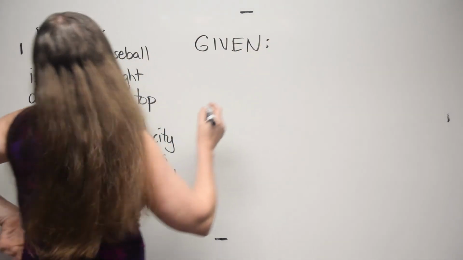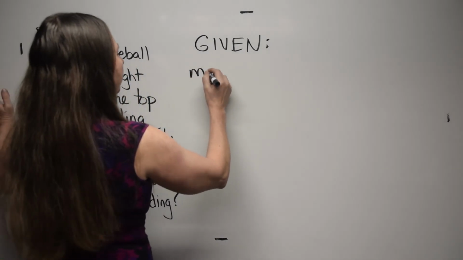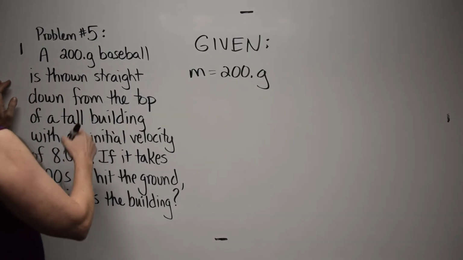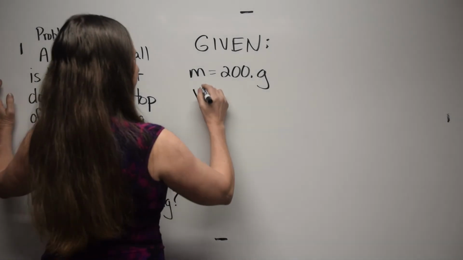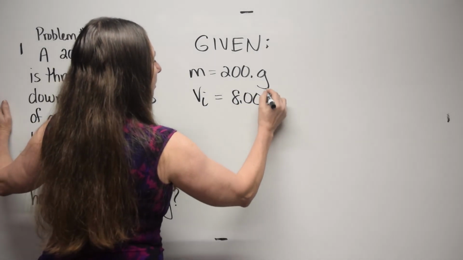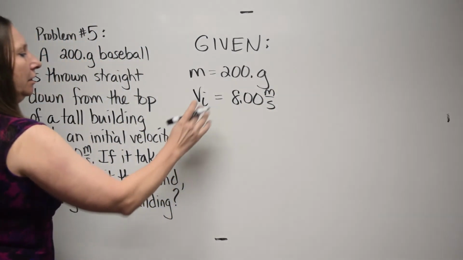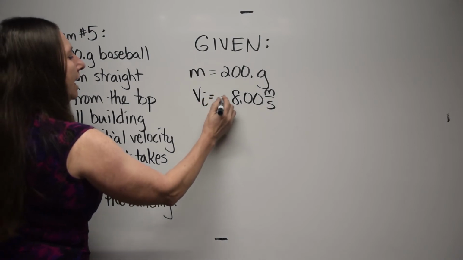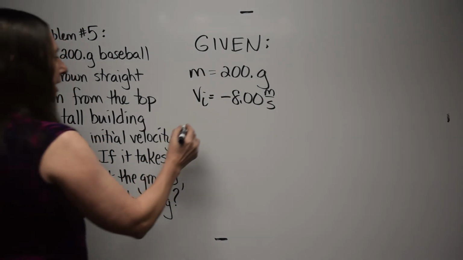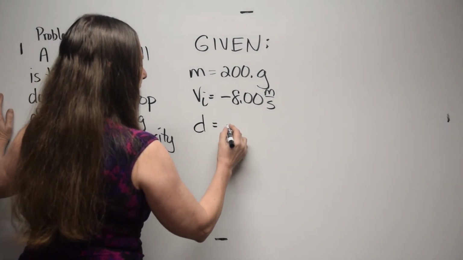Given. Now, we've got the mass of the baseball, 200 grams, thrown straight down. All right, so the initial velocity is 8 meters per second. Now, thrown down, negative 8 meters per second. Now the height of the building would be,